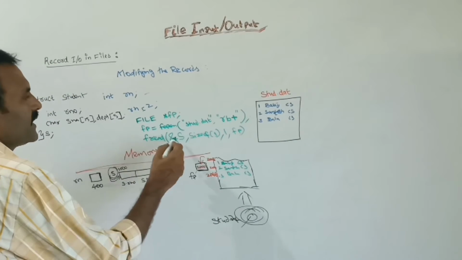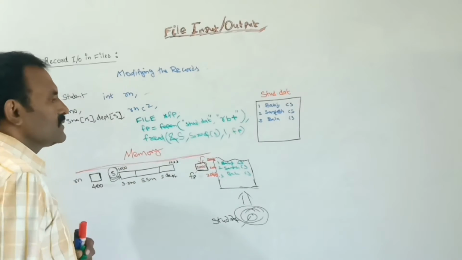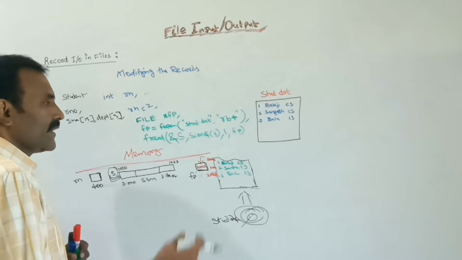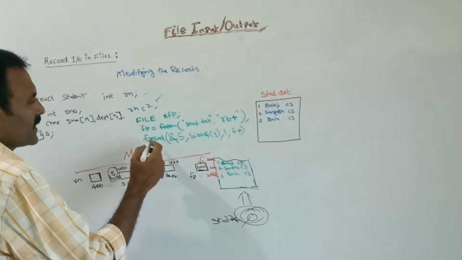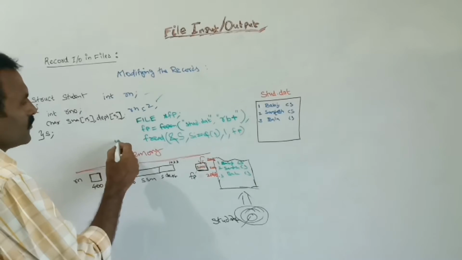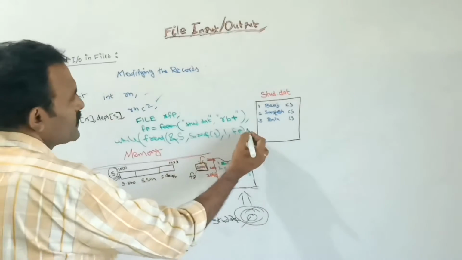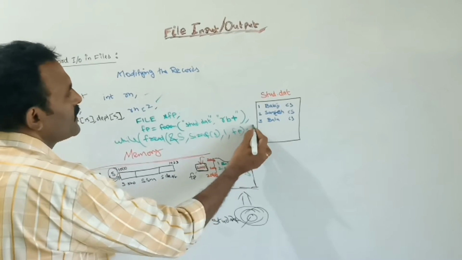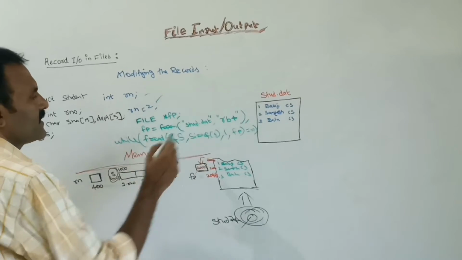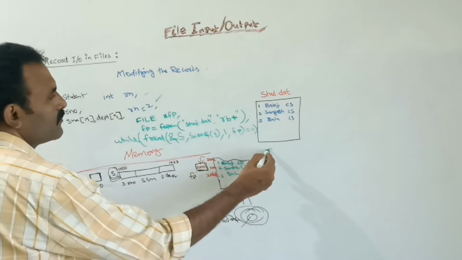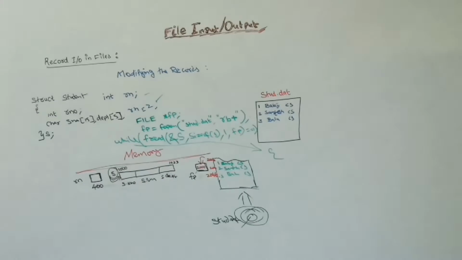So here we can use the while loop because there is more than one record. Suppose we need to read more than one record, record by record, then by using any one of the loops we can check the condition. So I am using one while loop. Here while fread of ys. Suppose if it returns the value 1, that means the condition is true, then the record was there. Next I am opening the brace, that is for the while loop.